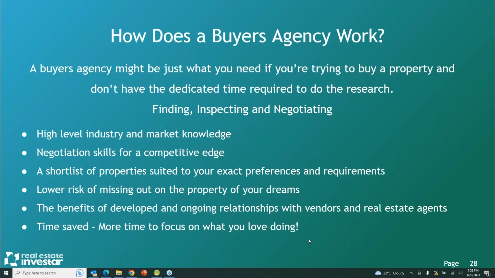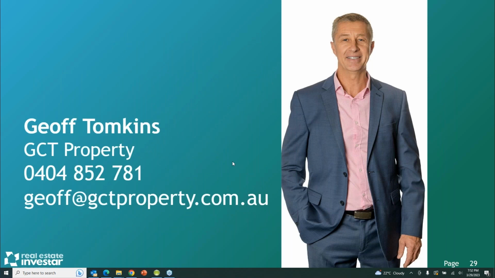But for you as the buyer, it gives you the confidence that you're not going to overpay for the property, and you're going to get all the data reports, the CoreLogic reports, and vacancy rates on the property. If it's an investment property, you really need to understand the cash flow. So again, a good buyer's agent will be able to do that for you. As a property investor myself, I understand all those fundamentals we talked about are really important. And of course, the time saving. I know everyone's busy. If you're running a family or working crazy hours, you can really miss out on the best opportunities.